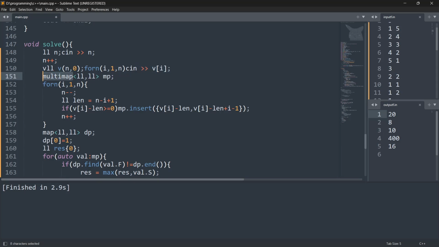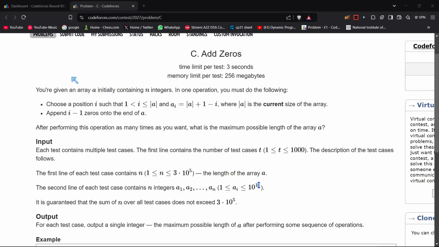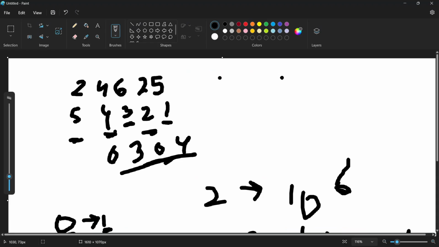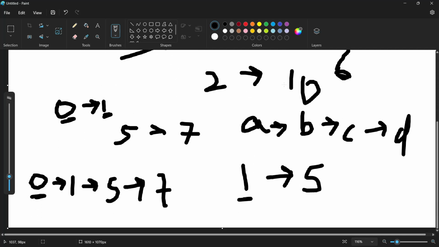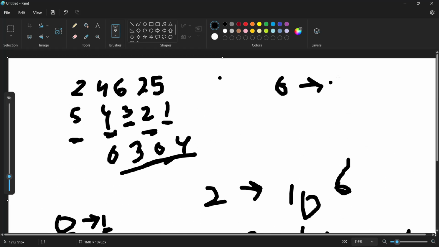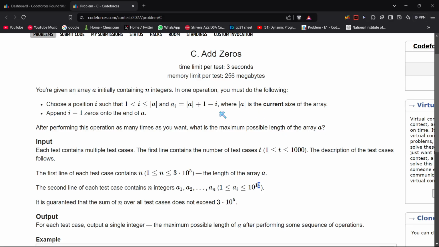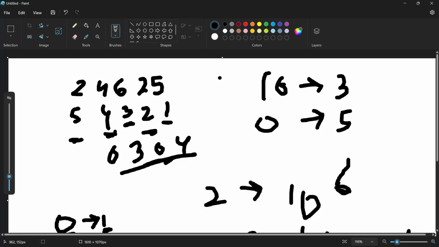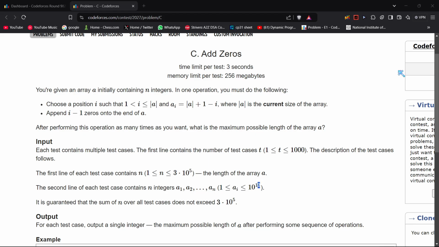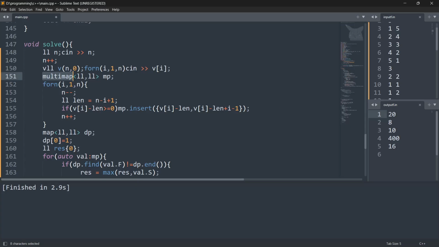Then I'm taking a multi-map. Why? Because there can be values like here 0 to 3, 0 to 5. So if we take a map and at first we insert 0 to 3 and then we insert 0 to 5, 0 to 3 will be eliminated. So we are taking a multi-map and we are running a for loop again on the array, and we are